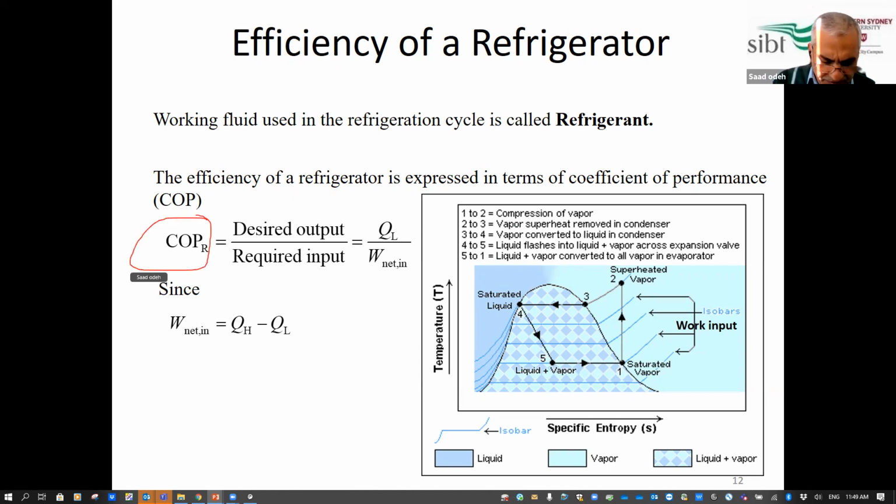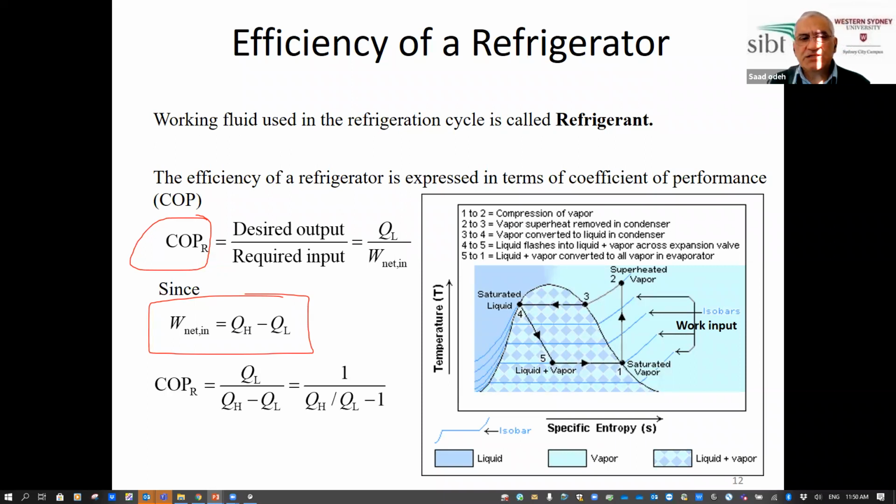So as we mentioned, we're going to call it COP, the thermal efficiency of the refrigerator, and we did the same thing as with the thermal efficiency. We can say the net work is basically QH minus QL, the heat released to the high temperature side minus the heat removed from the low temperature side. If I substitute this in the net work in the equation here, I can reduce the COP